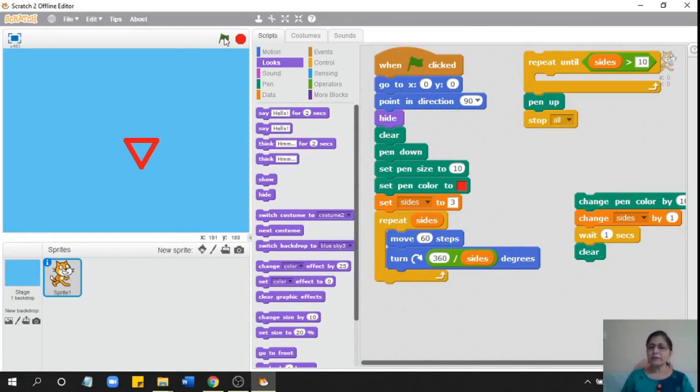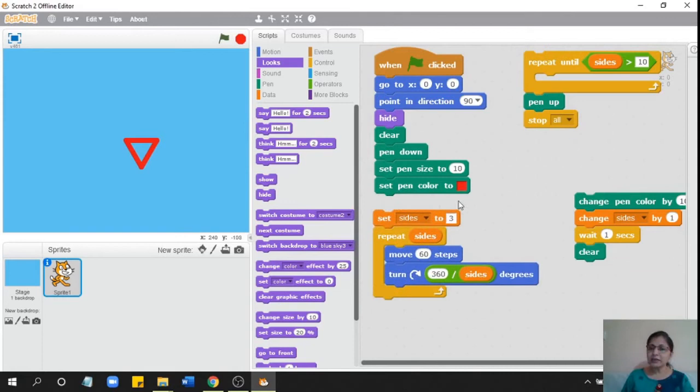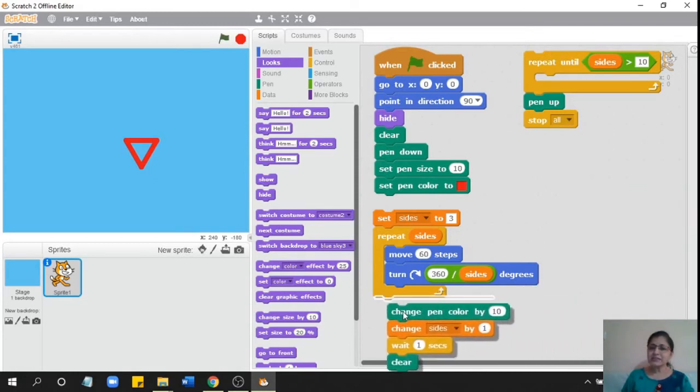Now I showed you that if I want the same commands to work for different types of polygons, I should put this in 2 loops. So after it finishes drawing one shape, I must change the sides by 1.